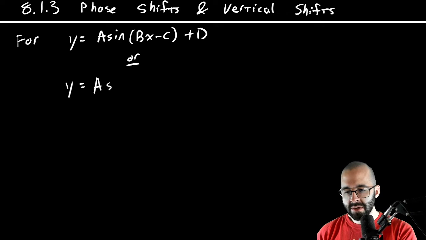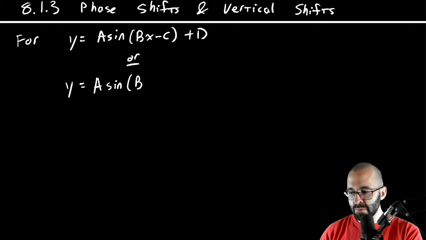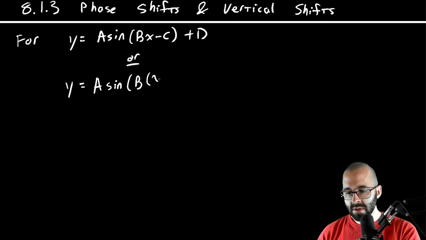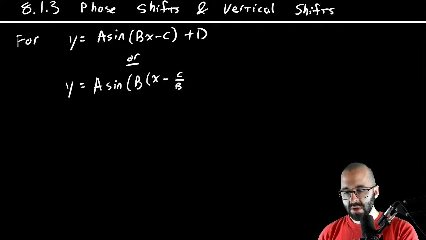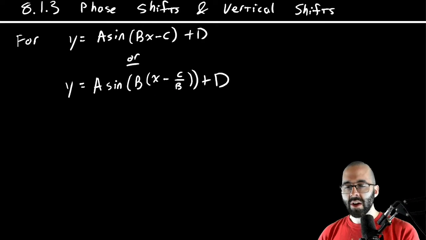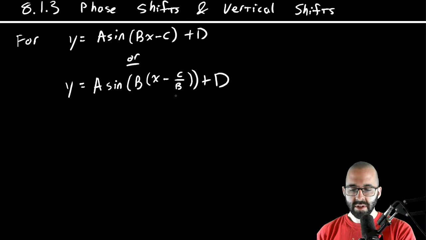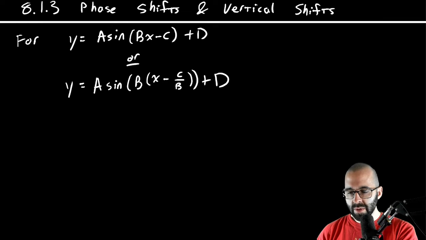But you might also see sinusoidal functions written in this fashion, where b is factored out. And if you do see it in this way, these are the same things, because if we distribute b, we get bx minus c, because the b's cancel in the second one. So they are the same. But this one shows the actual phase shift. Okay. So the phase shift, which I think we were doing in green,